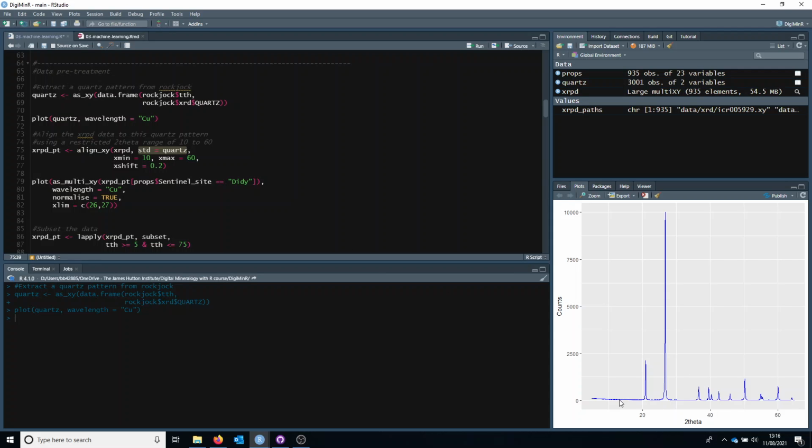So here I'm going to apply it between 10 and 60 degrees 2 theta. And we're going to allow a positive or negative shift of 0.2 degrees 2 theta. So if we run this, it will work through all 935 samples and align. Firstly, it will align all the samples to the quartz pattern. And then secondly, it will ensure that all the data are harmonized onto the same 2 theta scale, because in